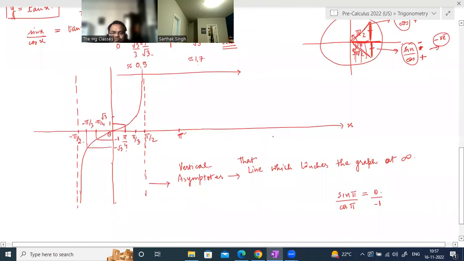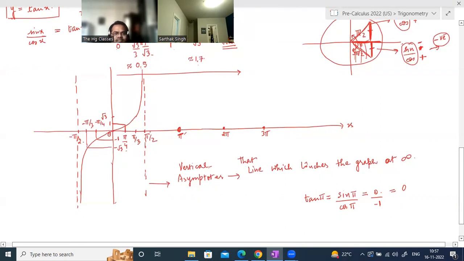So what will be the ratio? The numerator is 0. So whenever sine pi is 0, tan pi will also be 0, right? So that means each of these graph replicas will always pass through pi, 2 pi, 3 pi. They will always pass through here,